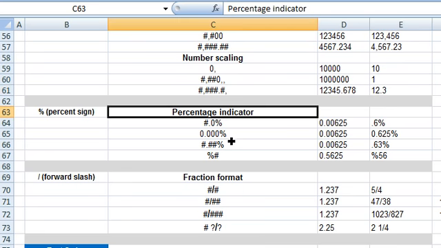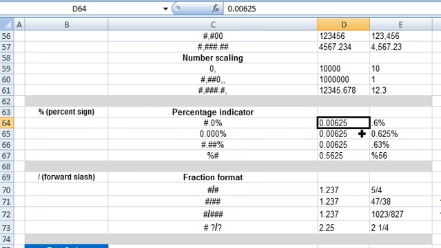Now we come to the next format character, which is a percent sign. This is a percentage indicator. Using this format character, the numbers are displayed as a percentage of 100. The percent sign in the format code multiplies the number by 100 and displays it as a percentage. So in this case, 0.00625 is multiplied by 100. So it will display as